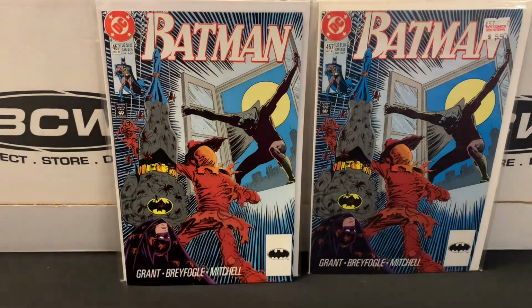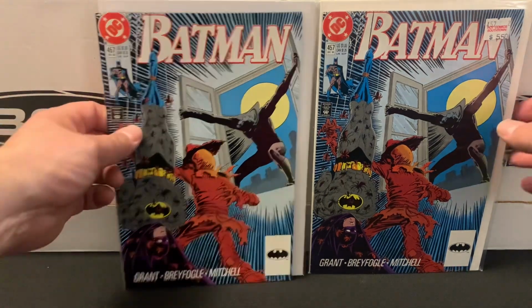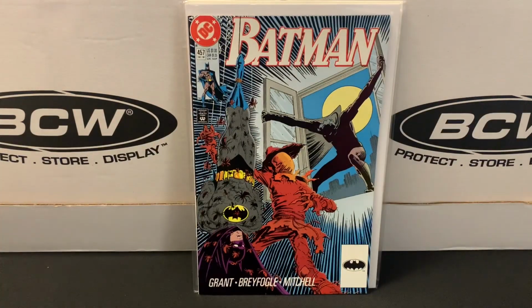So I did grab one of each. So amazing to find one, but now I have 2 copies of that key issue, 457. So great way to start off this portion of the haul, but there's a lot more Batman where that came from. As we continued on through here, some of the other books that I was trying to get and found,